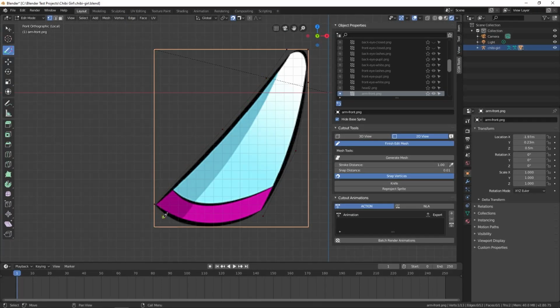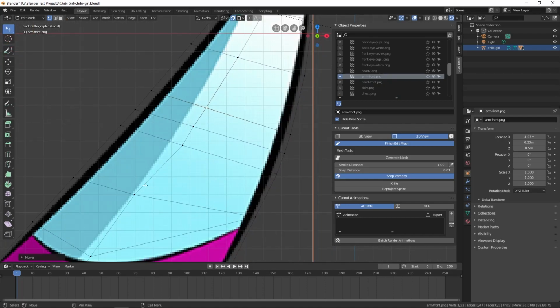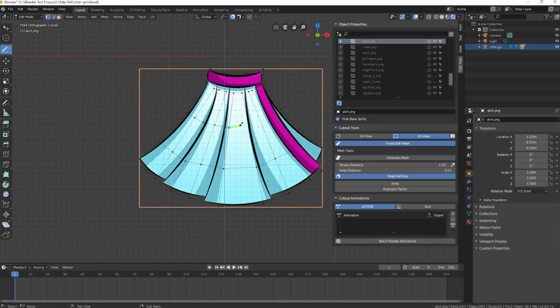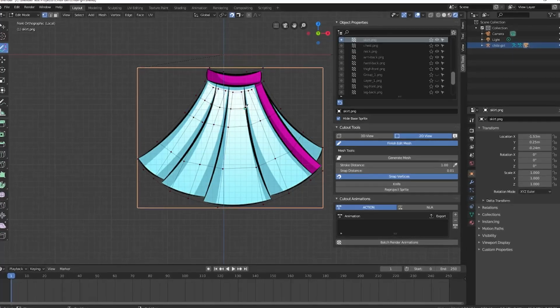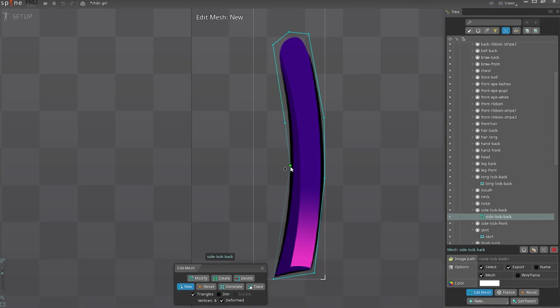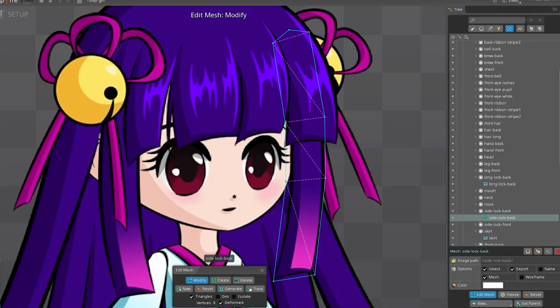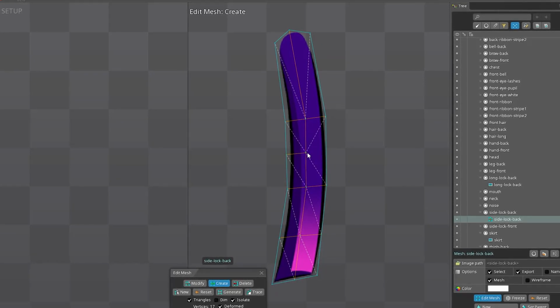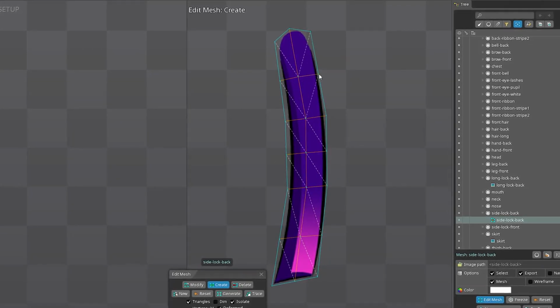First, I create the mesh boundaries. Then, I add more vertices in the bending areas and connect between them. And only after all the vertices are created, I can start moving them around to adjust their position. This is how I managed to avoid duplicates, and the process even started to feel fun. In Spine, you have more freedom when creating a mesh. Once you've completed the mesh boundaries, you can modify the mesh as much as you like, without making any duplicates.